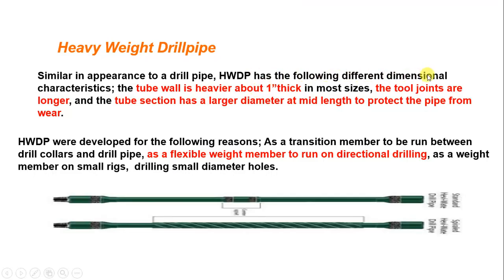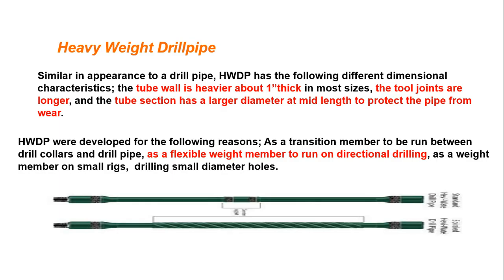Heavyweight has the following different dimensional characteristics. The tube wall is heavier, about 1 inch thick in most sizes. The tool joints are longer. So if you make rack back for the drill pipe or for the string